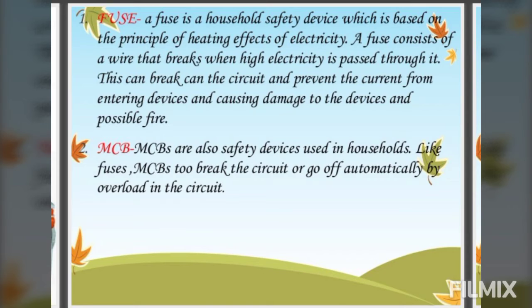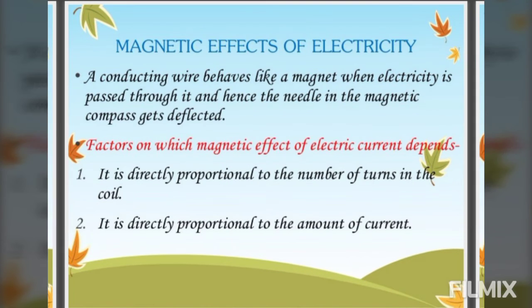Now the next topic is magnetic effect of electric current. This is the second effect that we will study about the electric current. In the year 1820, Hans Christian Ørsted observed the deflection of the magnetic needle of a compass when it was placed near an electric current. The magnetic needle started showing deflection. Then Ørsted observed through this experiment that when electric current is passed through a conducting wire, it behaves like a magnet also.